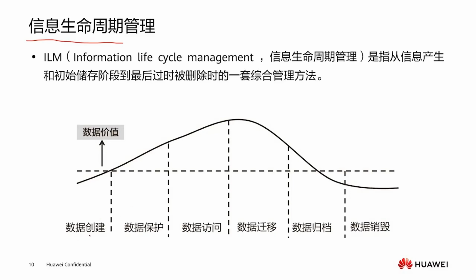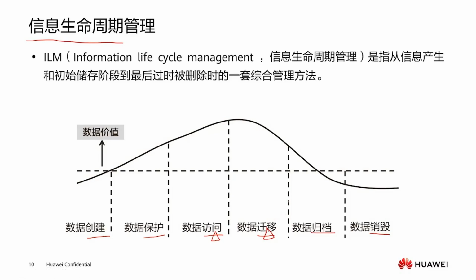The life cycle of information refers to the entire process, from the generation and initial storage of information to its final obsolescence, loss of function, and deletion. Information life cycle management refers to the management of the life cycle of information. Information exists in the form of data in IT systems or storage devices. The information life cycle can be divided into 6 stages, namely data creation, data protection, data access, data migration, data